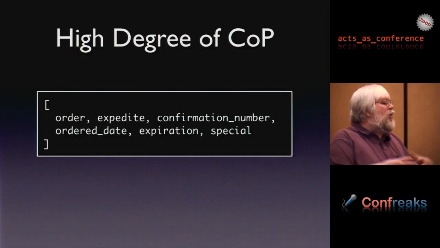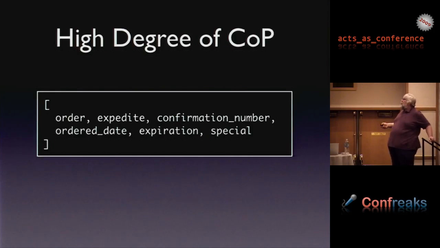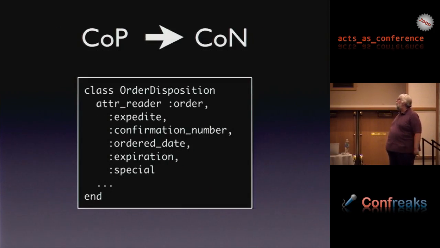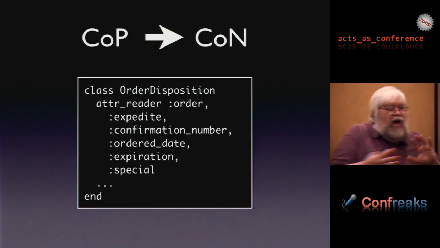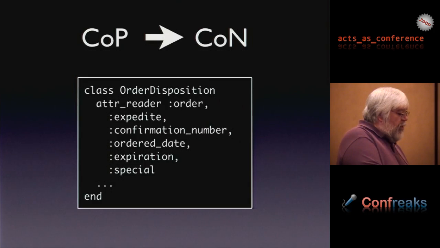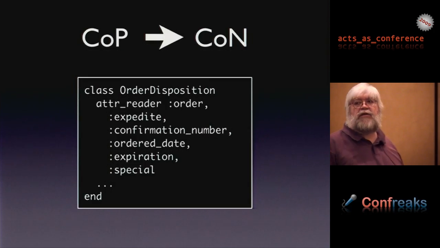So kinesis of position has this idea of order with it. Once I reach this many, I probably would not use an unstructured list to hold the data. I'd switch to something like a class or a struct or even a hash table. Probably, as the number of items increased, I'd start with a hash, and when I got more items and when logic started needing to be added to it, we'd switch to a struct or a class itself. So there's this kind of hierarchy of a low degree of position and a high degree of kinesis of position that forces me to make different choices in my software.